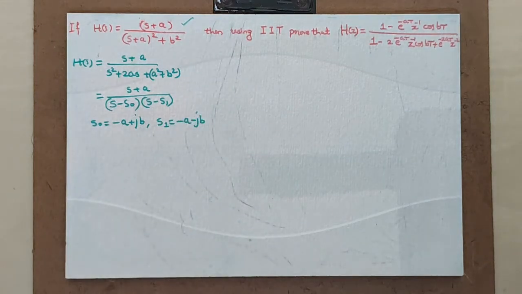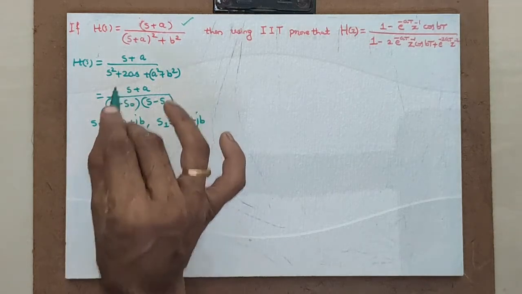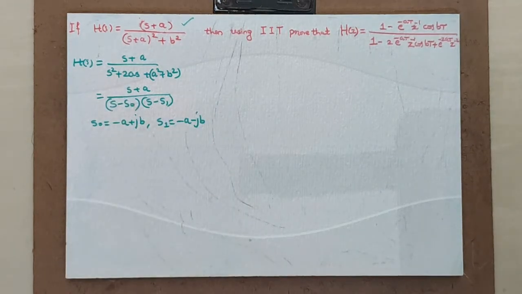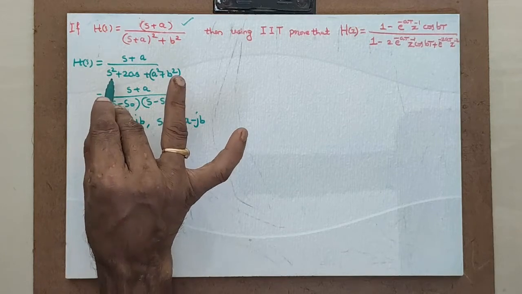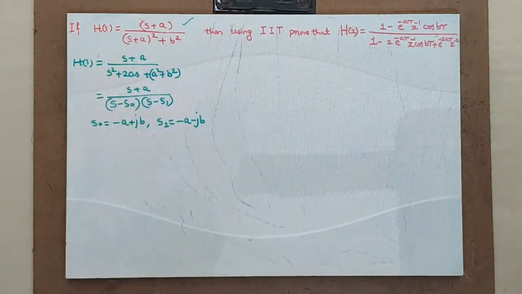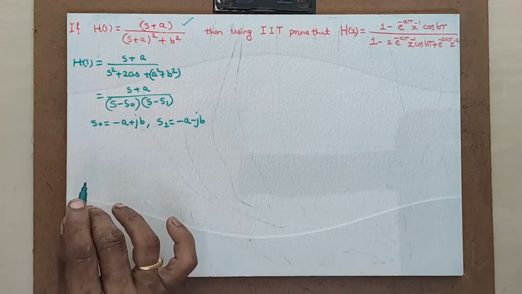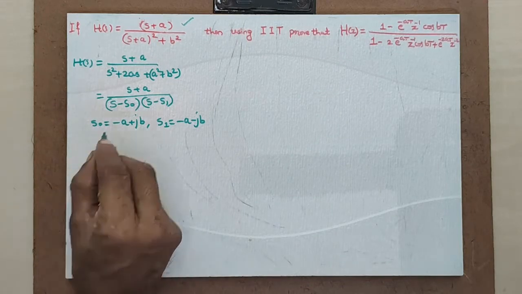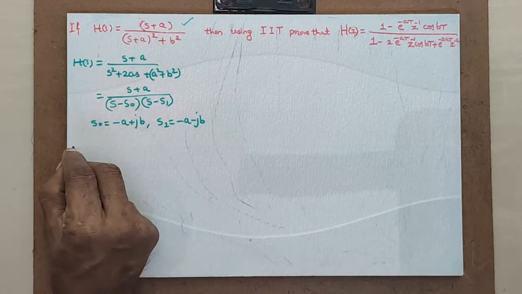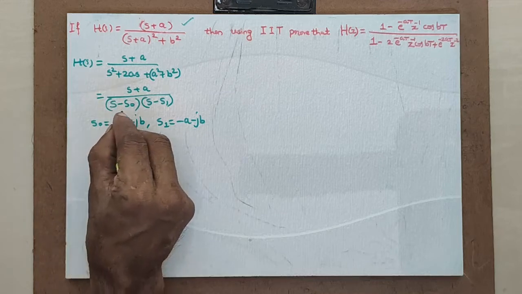Because in Chebyshev filters, such kind of second order polynomials you have derived. If the poles are s0 and s1, then the corresponding polynomial will be s square plus 2as plus a square plus b square. You know, that's why I have written this. Now the next step is to use these so as to find out the complex conjugate roots I have given.